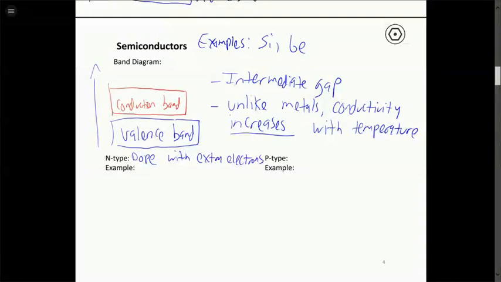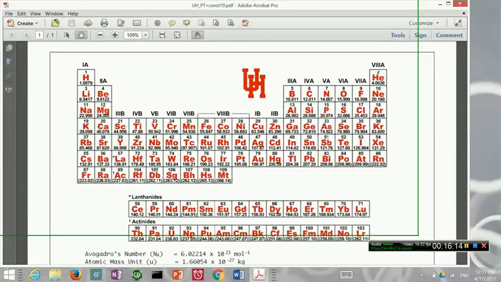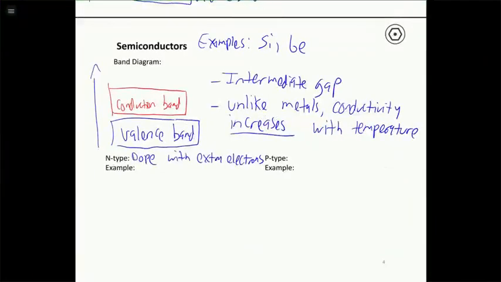And so an example of this would be if we start with silicon, which is in group, what's the group, 14? Or I guess we're going to call it 4A. We're using that nomenclature. So group 4A is silicon. It has 4 valence electrons. If we dope silicon with something that has 5 valence electrons, a classic one that people use is arsenic, As. If you dope it with something that has 1 more valence electron, you're giving the system a little bit more valence electrons. Now, doping is a very small percentage. It's not that we're adding in a ton of arsenic, but just a very small percentage of arsenic doped into silicon gives us what's called an N-type semiconductor.